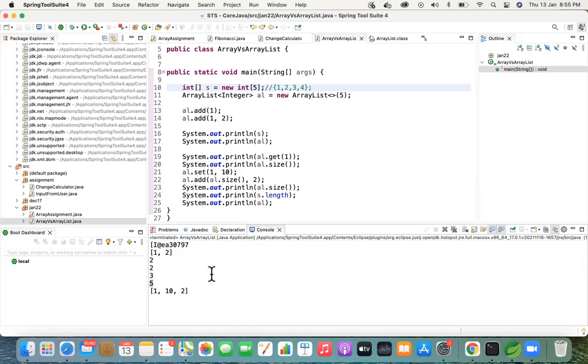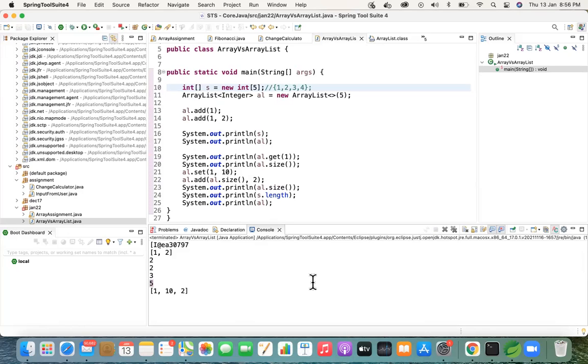So you still see, though your values are not added into your array, if you have a predefined size, that is considered into the size factor. But in the case of an array list, unless you add your elements, it will not be considered into size. Whatever capacity you define initially, that grows dynamically unless you use the method add. So that is one more point. It is not a predefined size. You can't add values at a later point of time. Whenever you add, at that point, the size gets incremented immediately by resizing, which is happening in the back end.